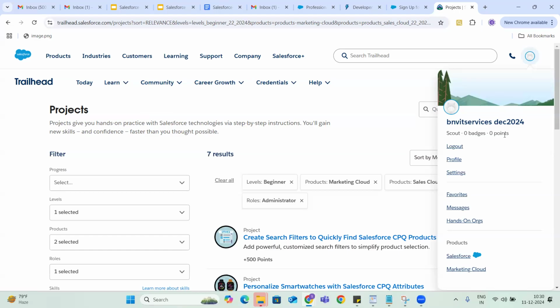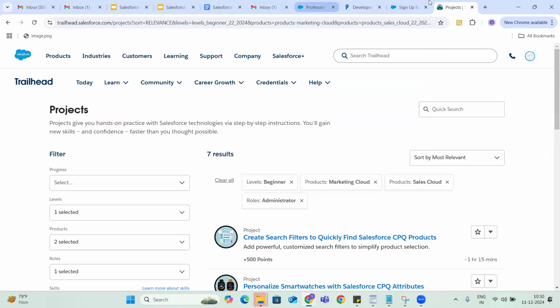So these are the four URLs that you need to remember. That's it. Trailhead, developer org creation, login.salesforce.com, and test.salesforce.com. Okay, that's it. Let me verify my email. Did I receive the...